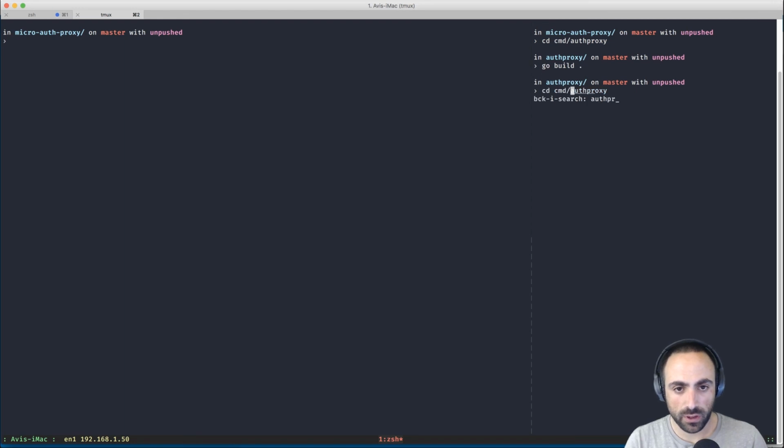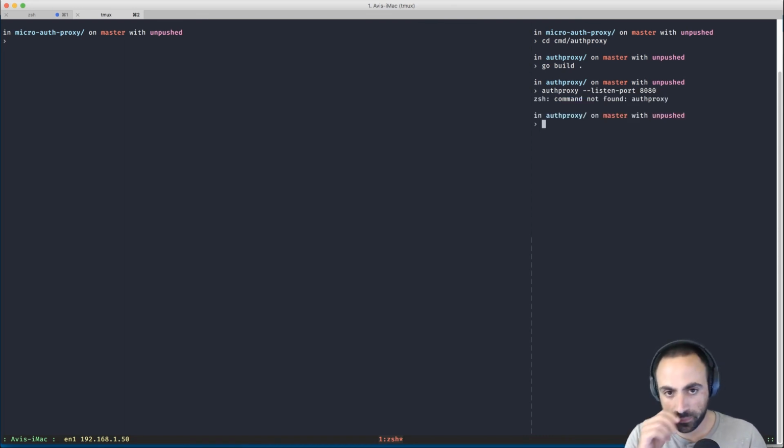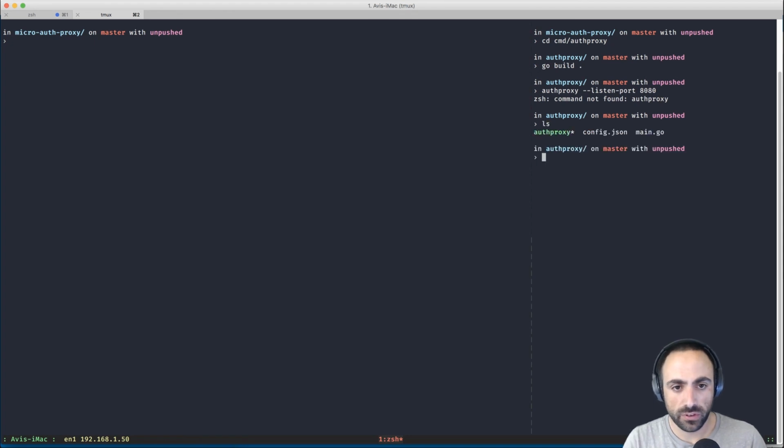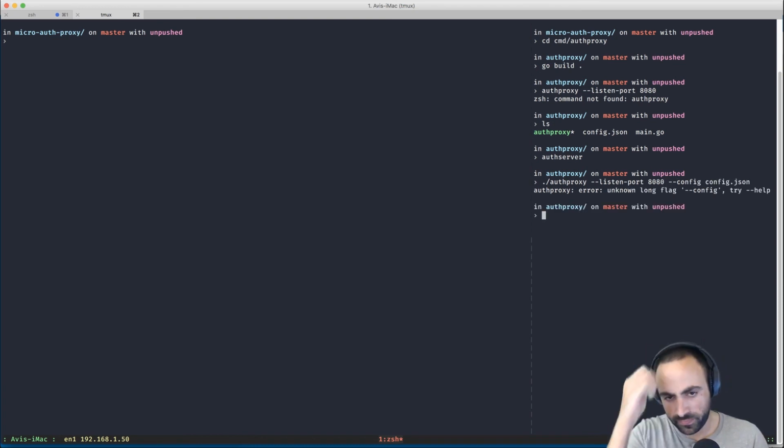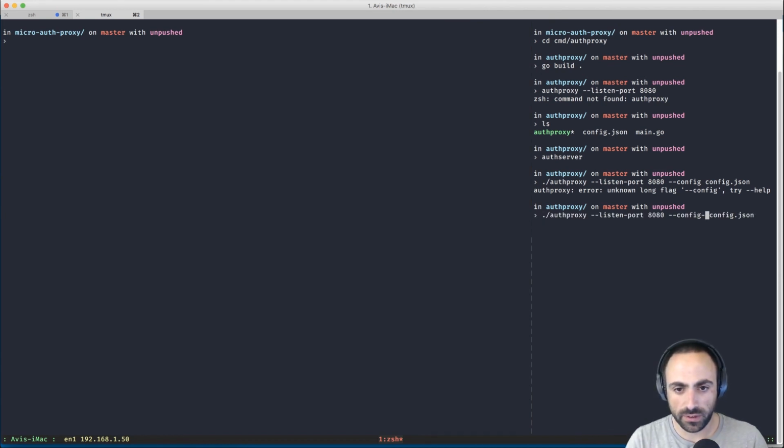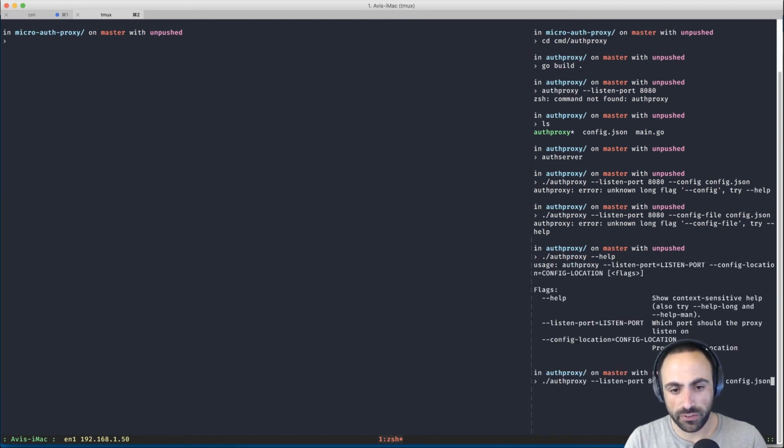And we run the auth proxy with the listen port of 8080. Where is this? Come on. Auth proxy with the listen port of 8080 and config of config.json. What is it? Is it config file? Come on, file. Okay. So auth proxy --help, config location. Oh my goodness, this is bad.